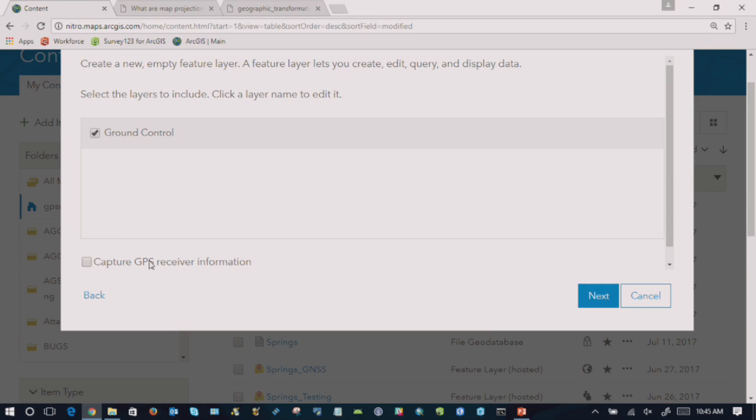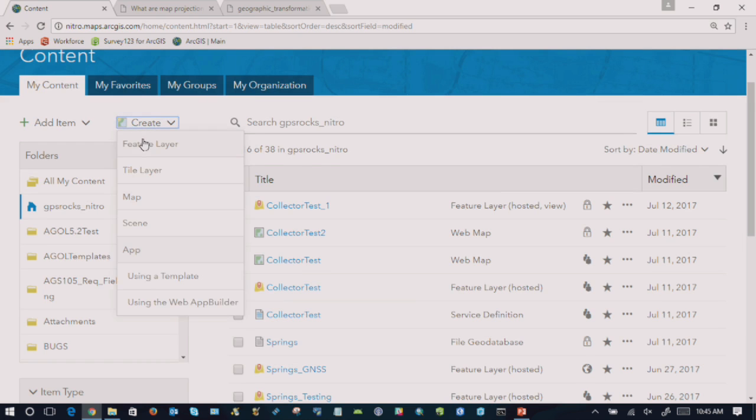at the bottom, it says capture GPS receiver information. This adds all 18 metadata fields to your data and configures the pop-up for those fields. So you would just need to add it to a new map and then configure the pop-up for the rest of your layers. So this also works, again, that's for a new template,